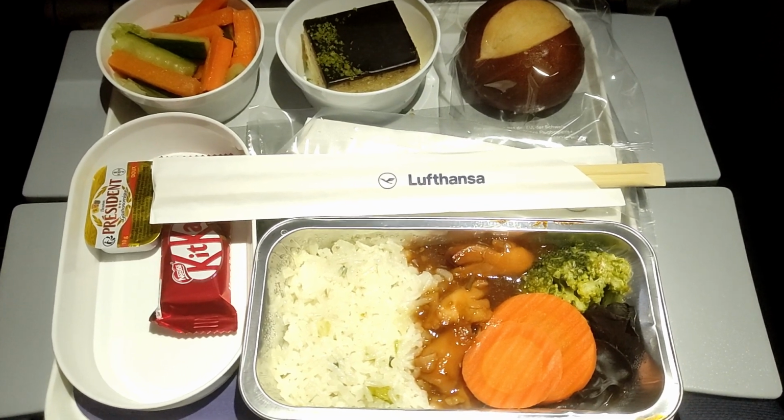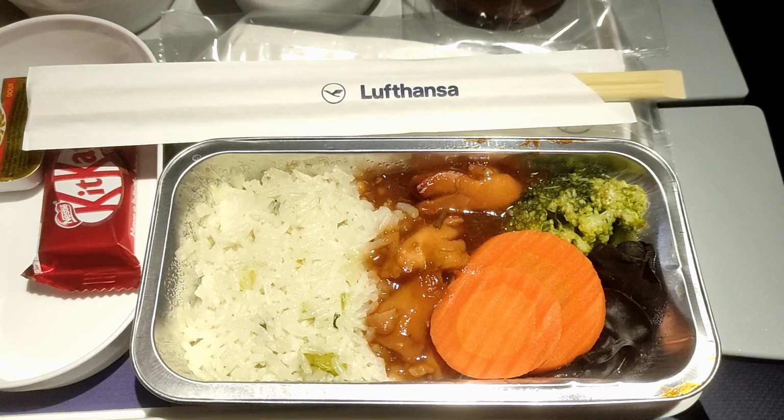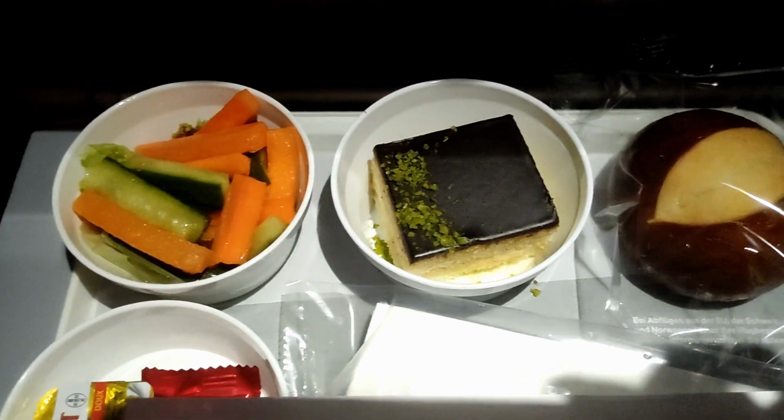The whole tray looks very colorful. The chicken looks pretty good actually with the rice. They give you chopsticks for the chicken, that's also pretty cool. Then you have the carrot and cucumber salad. You have the cake,